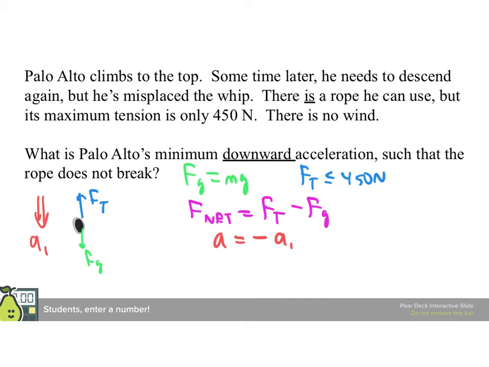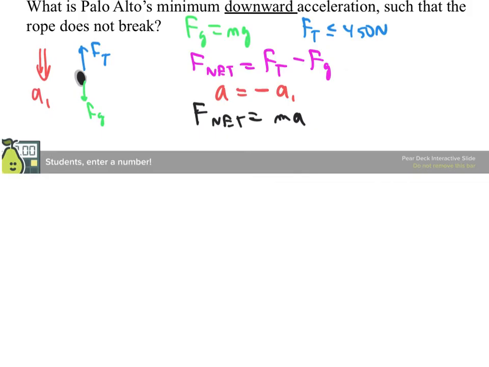All right, step 6 says write F net equals ma. That one's easy. And then step 7 says substitute and solve. So we end up having Ft minus Fg, and that equals the mass times minus A1. And then we solve again for A1. Notice we've picked up a minus sign over here so that when we do our arithmetic and so on, we're going to end up with an expression that says that